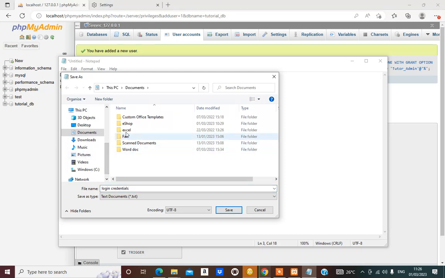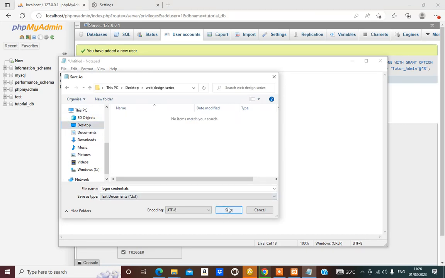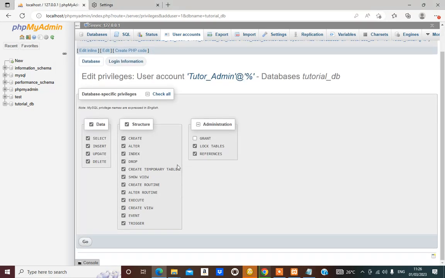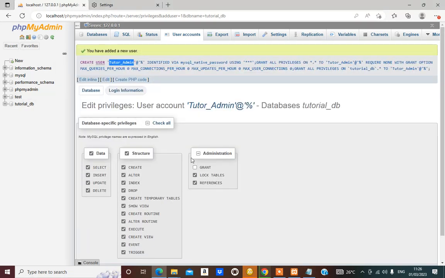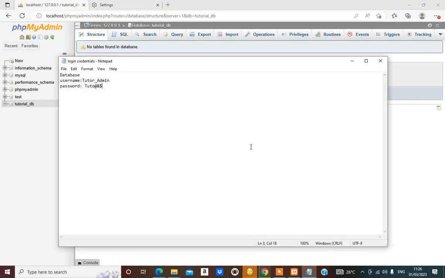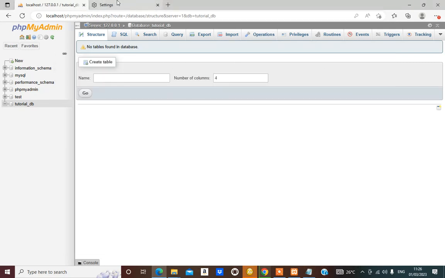I'll just save it to desktop. I have a folder on desktop called WordPress series. Save it there. Then that's all. We've created a database called tutorial_DB, and we have created a user associated with it called WP tutor_admin. So the next thing we are going to do